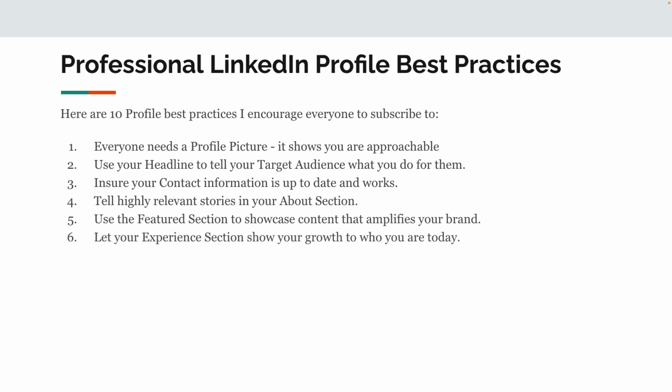Number 6, use the experience section to show growth. It's not a resume. In your prior positions, you go back as far as where relevant, and what you talk about there is not the company and not their products, but the work that you did and how you grew and how you learned. In each one of your prior job experiences, you talk about what you did in that role for that company and how you grew. And you can absolutely refer to, in this role, I learned how to do what I do today. It's not a resume.